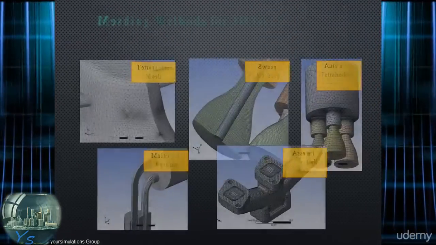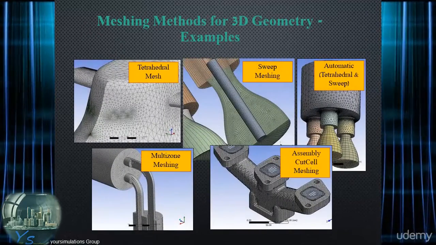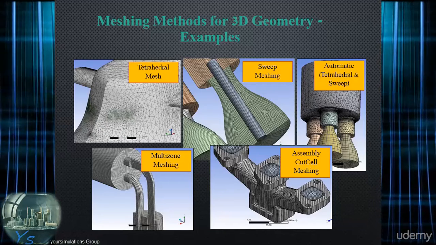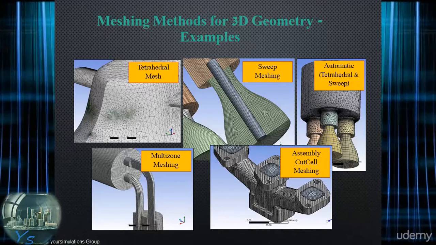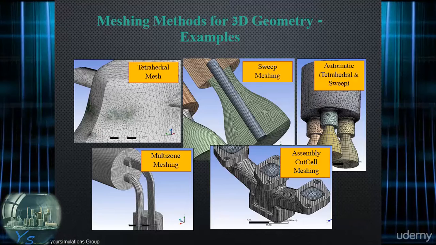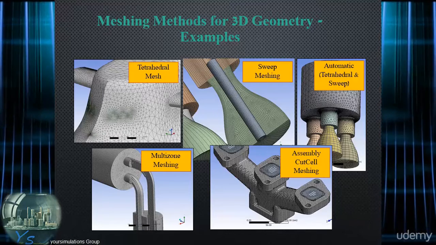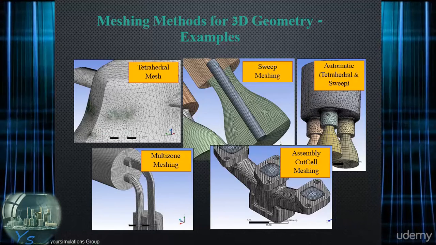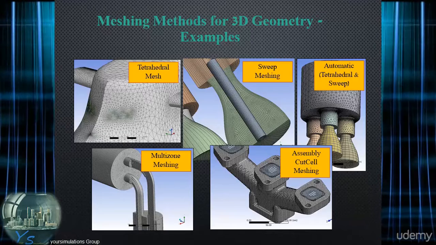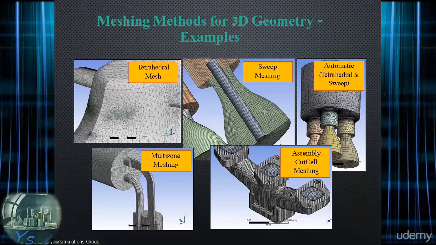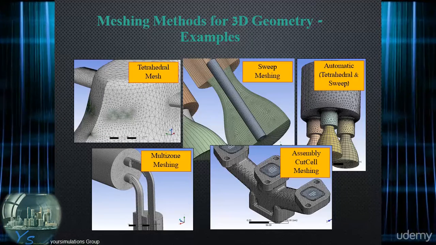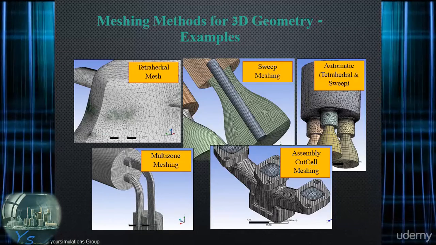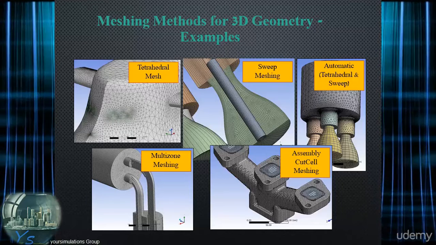Here we see a few examples for the different methods. In the upper left, we see a pure tetrahedral mesh. Actually, we only see the triangular surface mesh. In the middle, we have an example for translational and rotational sweep, which creates only hexahedral elements in this case. In the upper right corner, we have a hybrid mesh with hex, pyramids, and tets, created by the automatic method itself. In the lower row, we see a multizone hex mesh and a cut cell mesh created with the assembly meshing